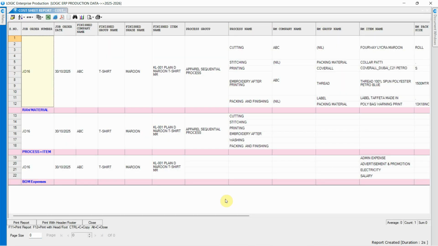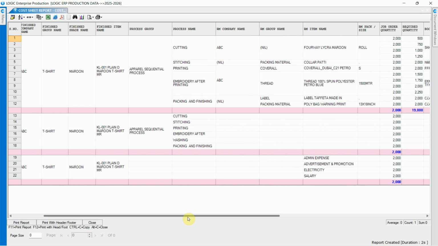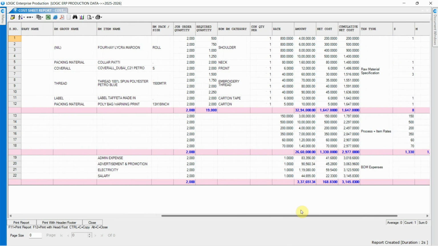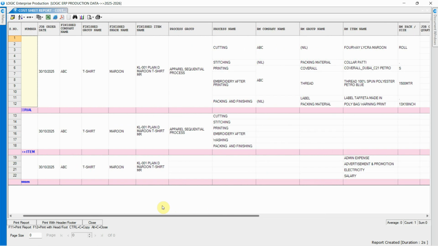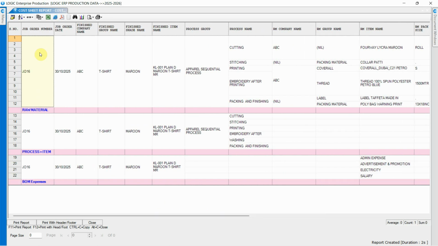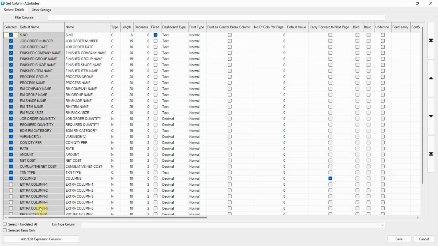The generated report will display all available columns. To customize them, open the Setup Column Attributes option. First, unselect all columns and then select only those you want to include in the report.